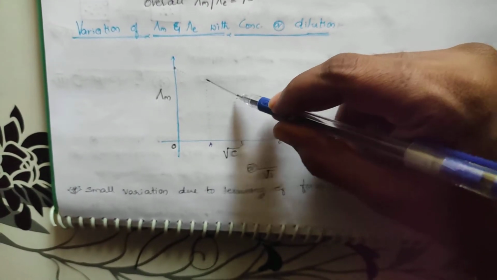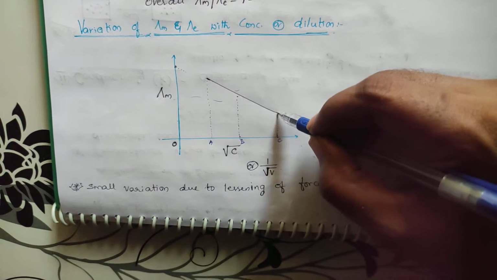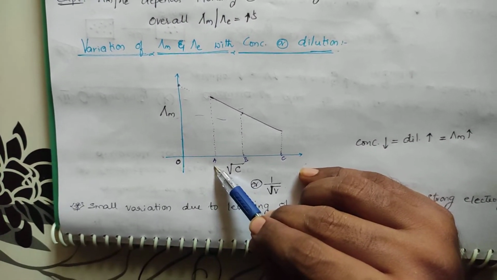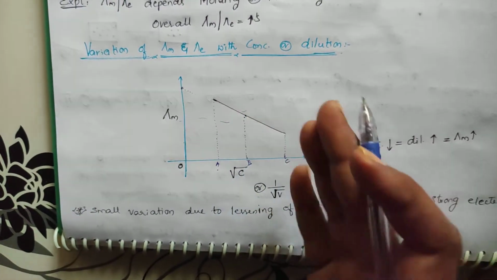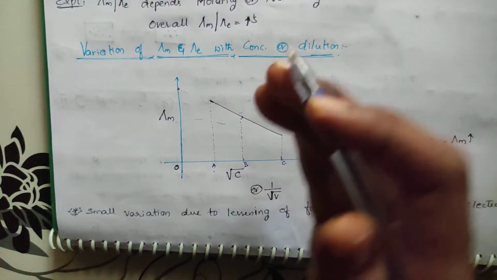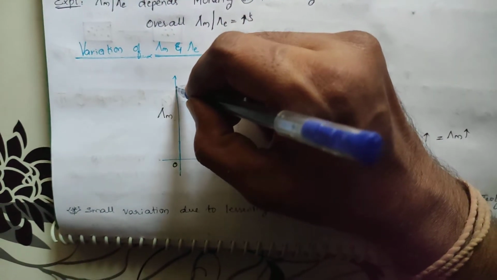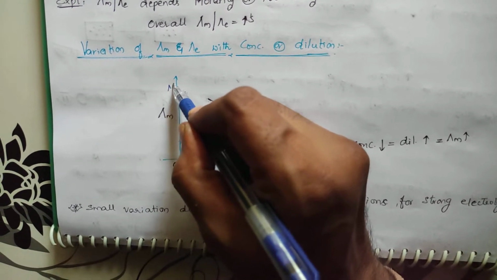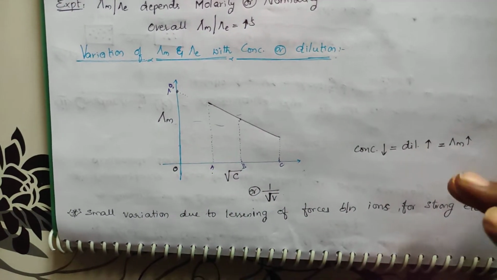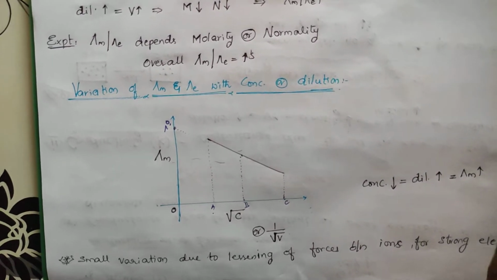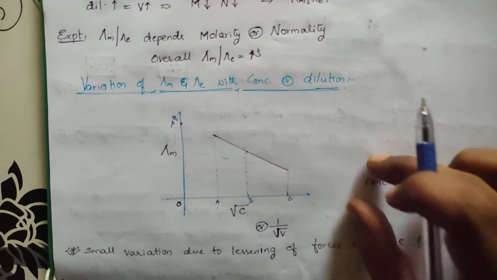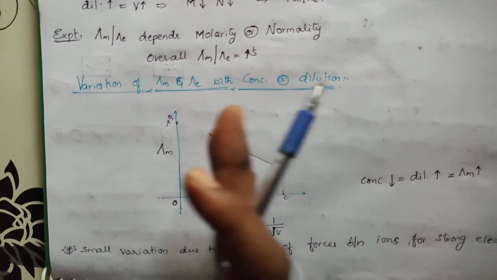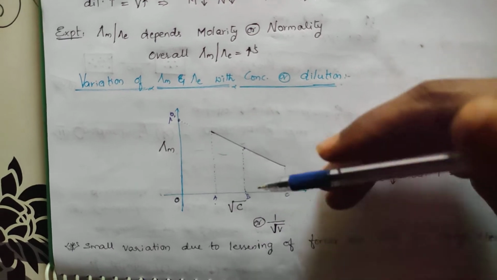So what happened? The molar conductance, initially at this point, has increased to this point, B. From B to C, what happens? Dilution is increased, the concentration is decreased, and the conductance is here. If you still go on diluting more and more, this point is called infinite dilution, where the strong electrolyte reaches lambda naught, with complete dissociation of the ions. See, we are talking only about the strong electrolyte with concentration. So lambda M with respect to concentration: as the dilution goes on increasing, the conductivity goes on increasing.